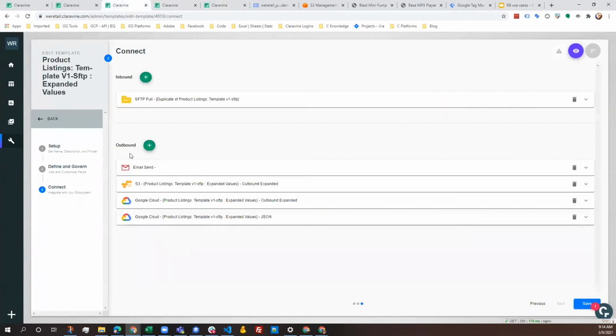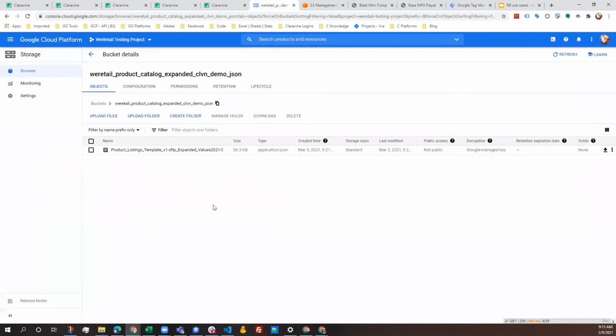On submittal, we're pushing an outbound file back to your cloud environment. So we do have an email. These two are CSV files, but the most important one is we can push a JSON file format. So from there, user marketer submits, goes to your JSON. File is stored, in this case, using Google Cloud storage bucket. So it's stored in here, and this is where now dev starts coming in.